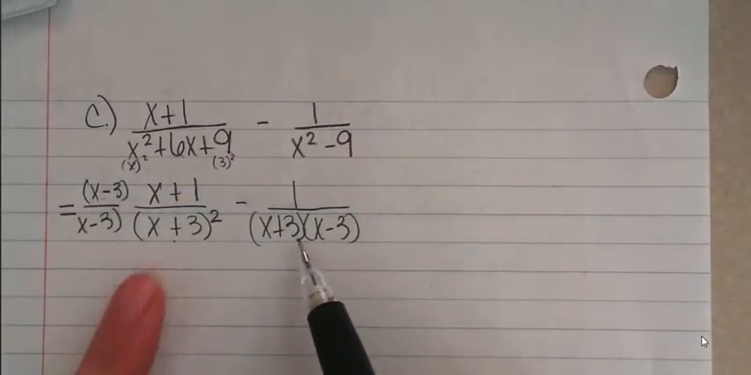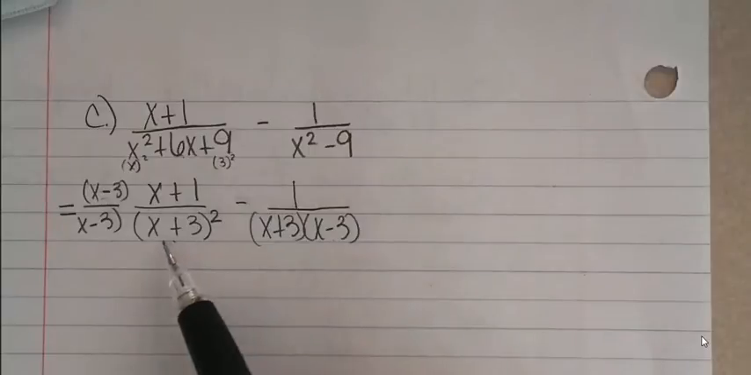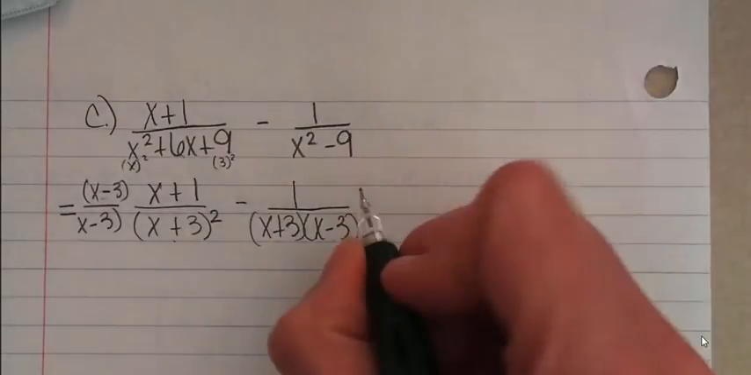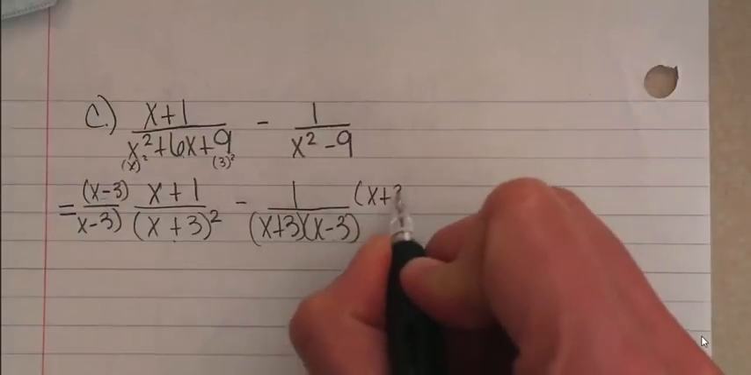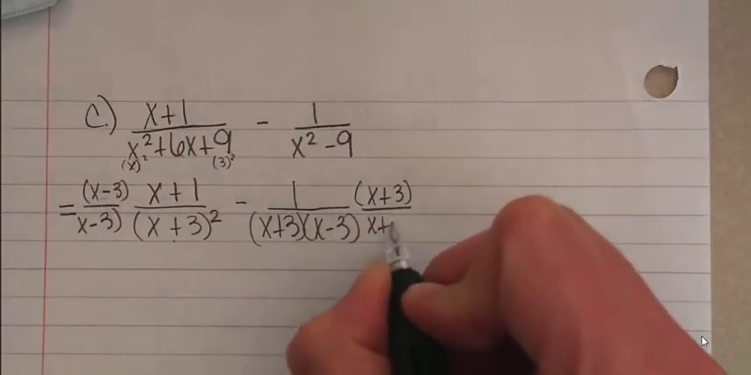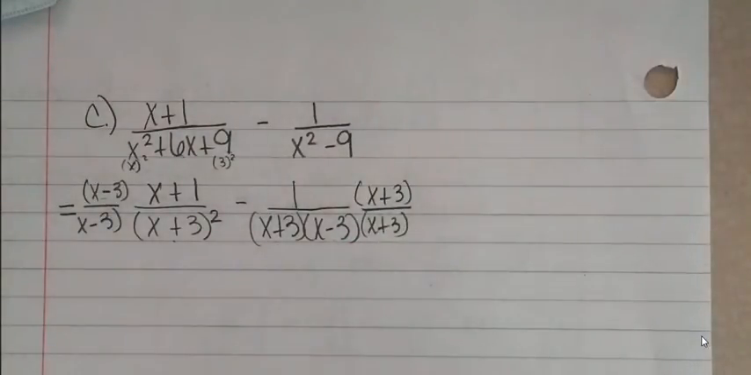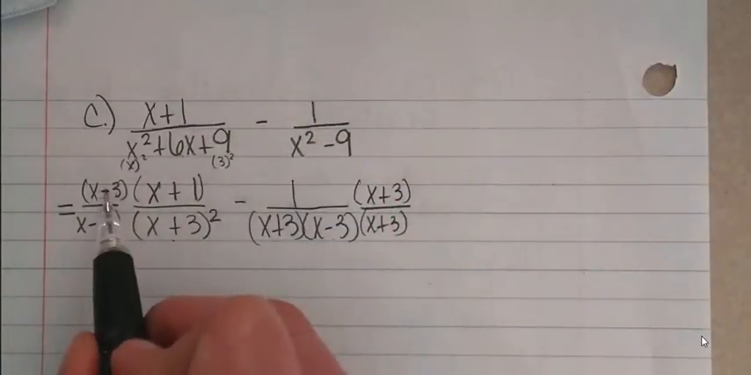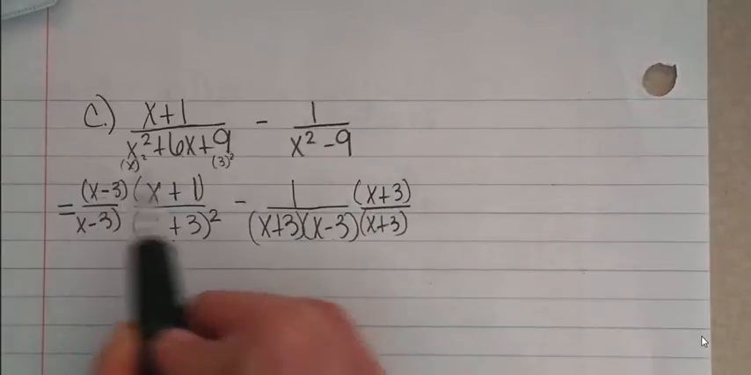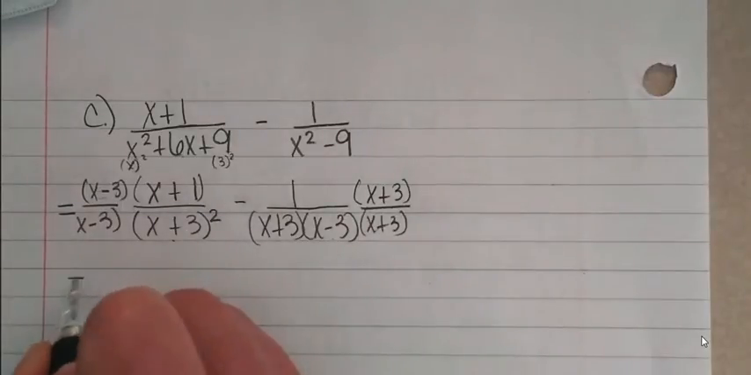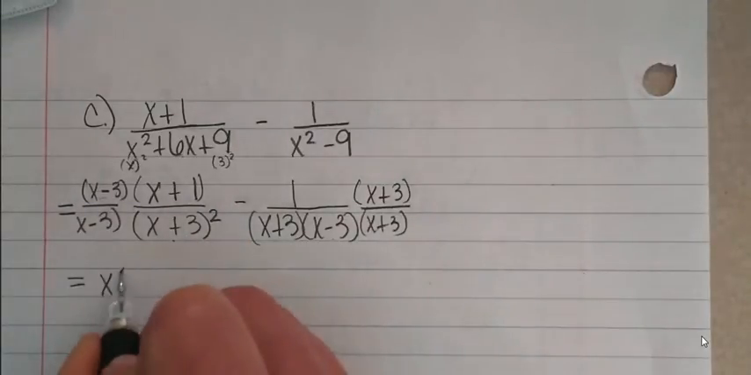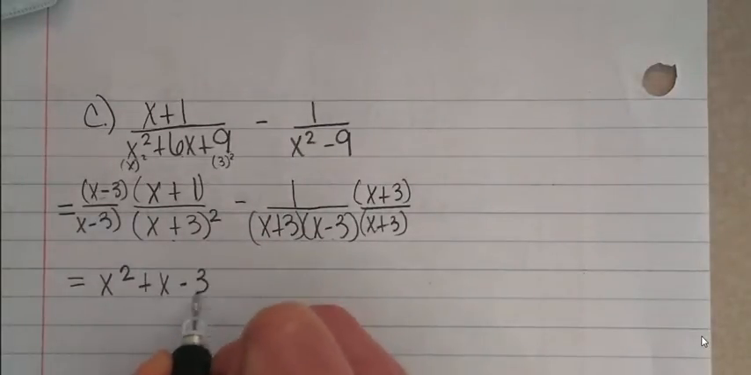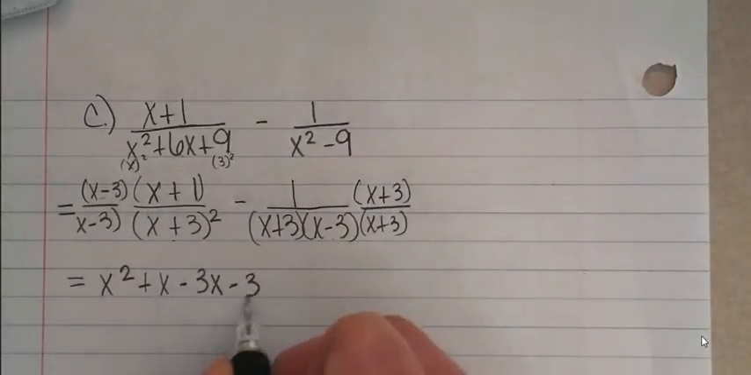And on this side, it looks like I'm missing 1, right? I've got two x plus 3s here. So I'm missing an x plus 3. So I need to multiply by (x plus 3) top and bottom. Okay, so in the numerator here now, I'm going to need to FOIL, or double distribute. So I end up with x squared plus x minus 3x minus 3